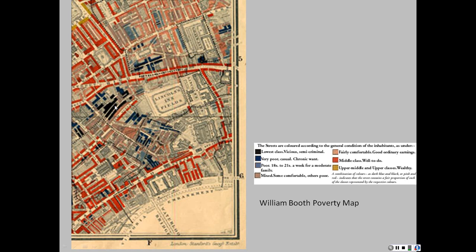And what you notice is that you will have these very, very poor areas in the black right next to, or contiguous with, almost along the same building. Like look at this right here. In the same building as middle class and well-to-do people. You'll have them right next to one another. That combination of the two, the respectable and the disreputable, right next to one another, that's what makes Jekyll and